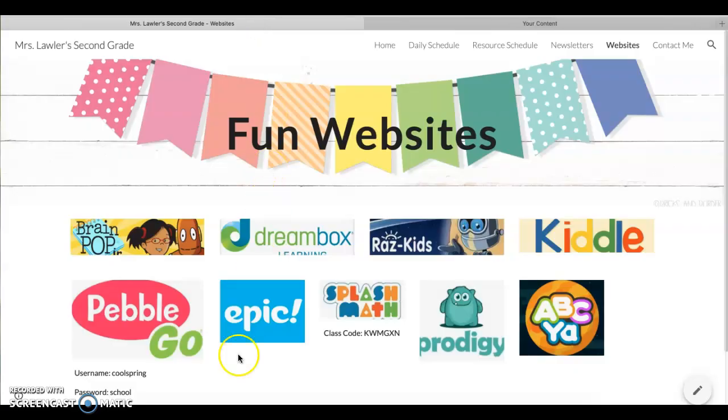Last but not least is Splash Math. It is also known as Splash Learn. It's the same thing. So if you click on that, please notice our class code is right here. We're going to need that in a few minutes. But if you click on Splash Math,